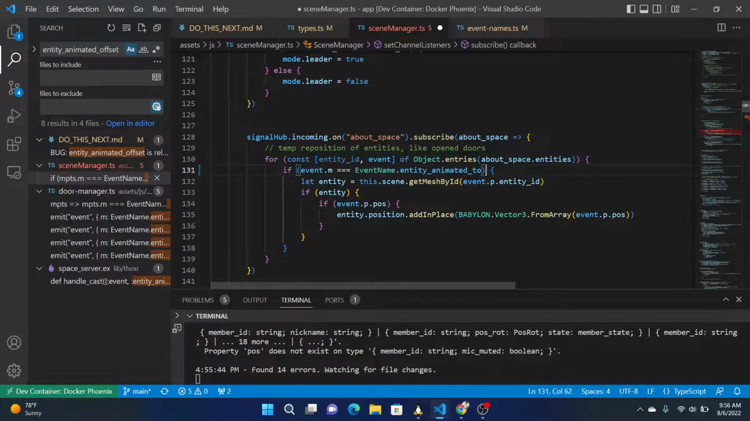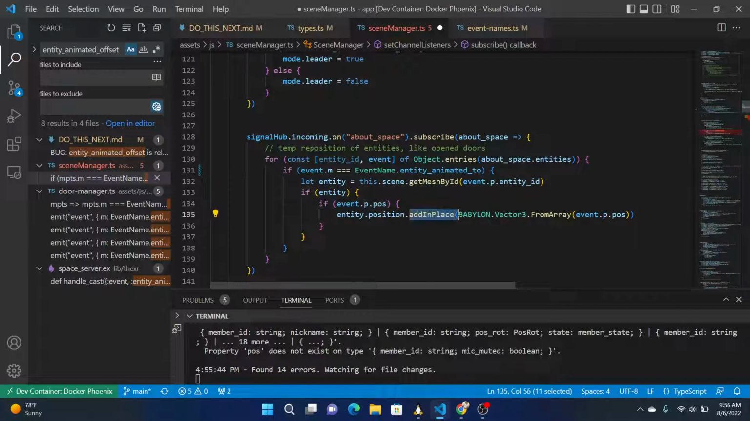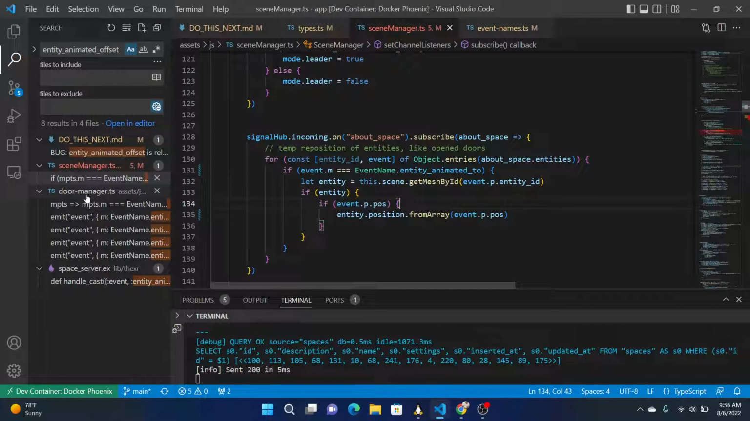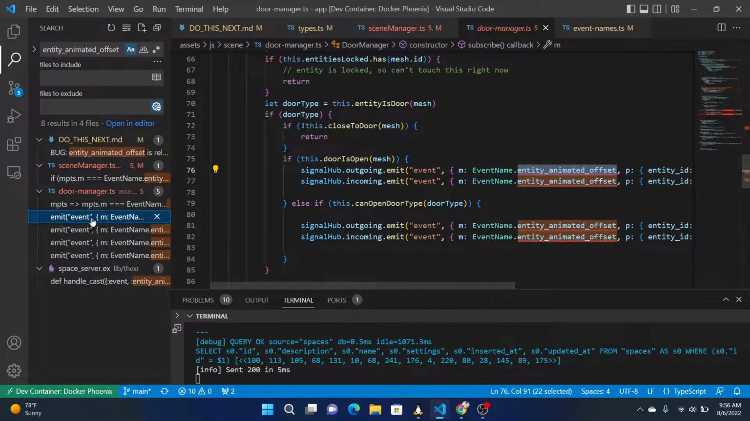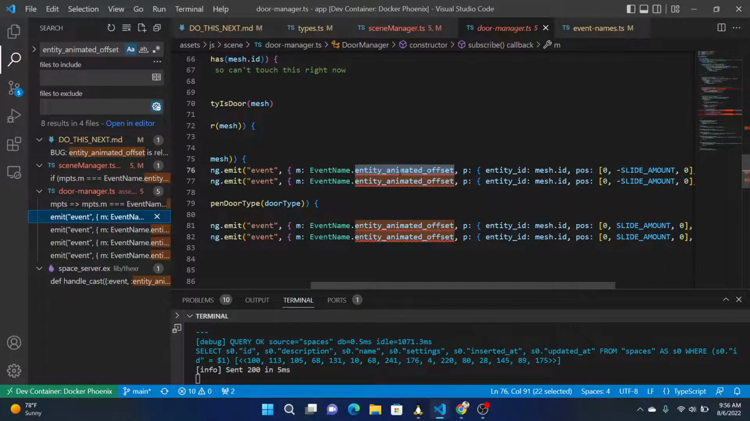And then the position will be not add in place, we'll just simply set it. The entity position will be equal to or from array. Give it this. And what else? Here in the door manager, we're emitting this. Okay, so now we need to give the absolute position, which would be the,